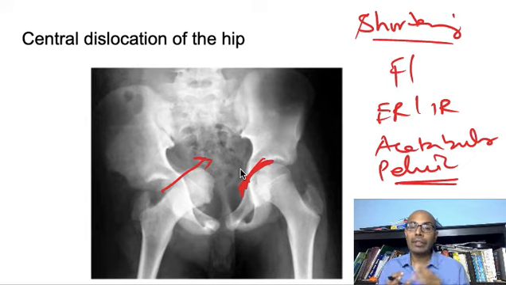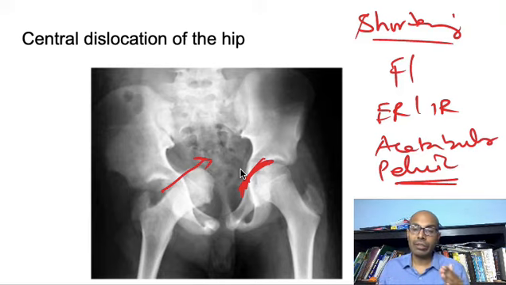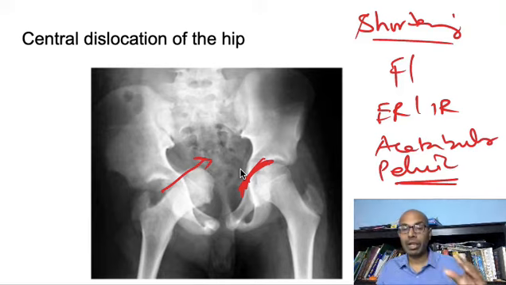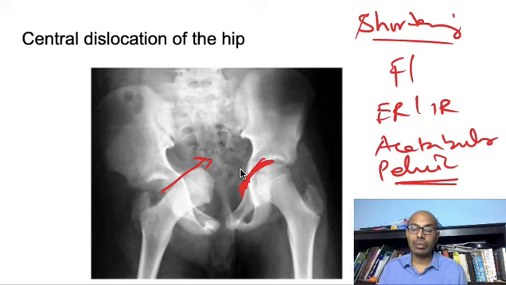Remember this. The three common types of dislocation of the hip are anterior dislocation, posterior dislocation, and central dislocation of the hip. In anterior dislocation of the hip, you have flexion, abduction, and external rotation, and apparent lengthening. In posterior dislocation, which is more common, you have FADIR, that is flexion, adduction, and internal rotation. And in central dislocation of the hip, you have the acetabular fracture where the whole of the femur impacts and goes into the pelvic content. So that is in brief about